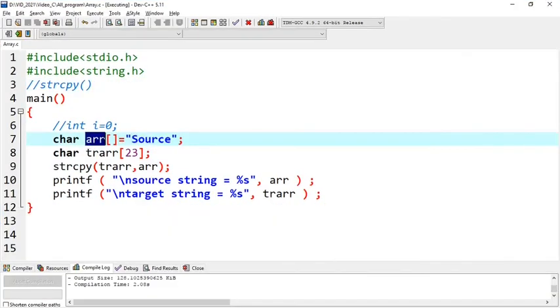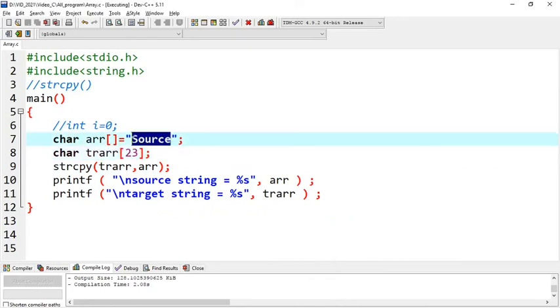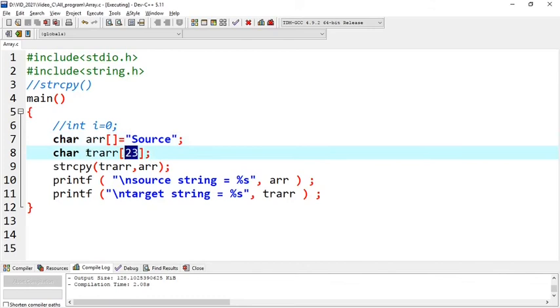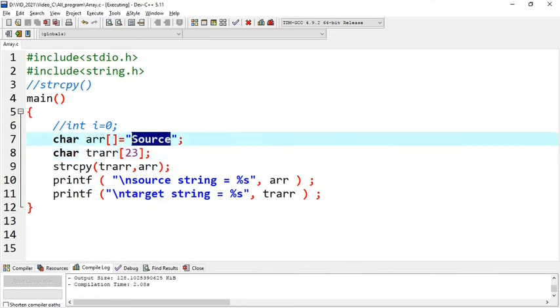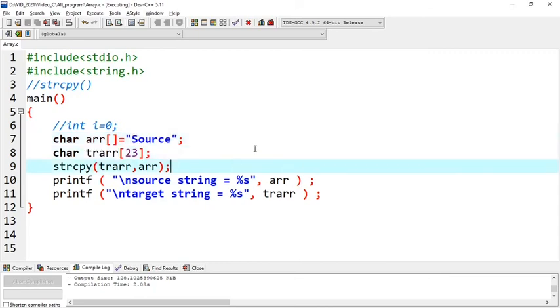Both are character arrays. So the source string we have copied into the target array. This is how you can use many inbuilt functions: string length, string copy, string reverse.